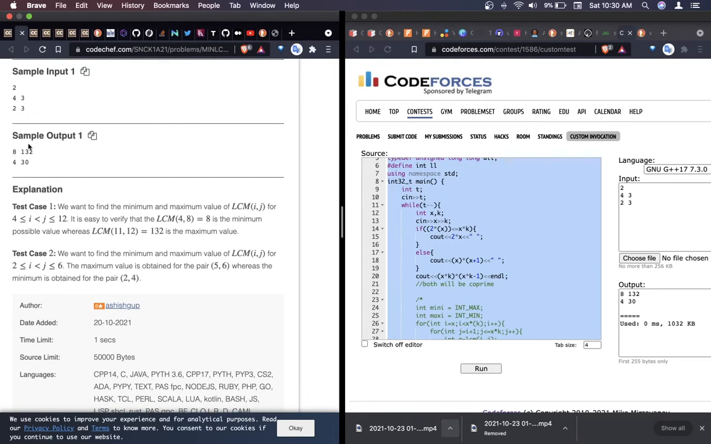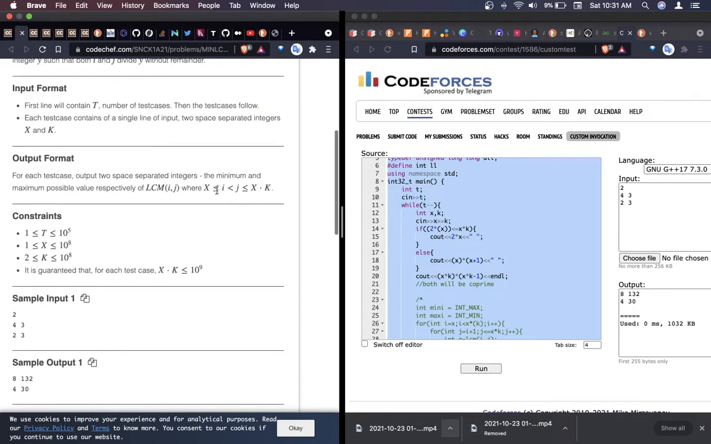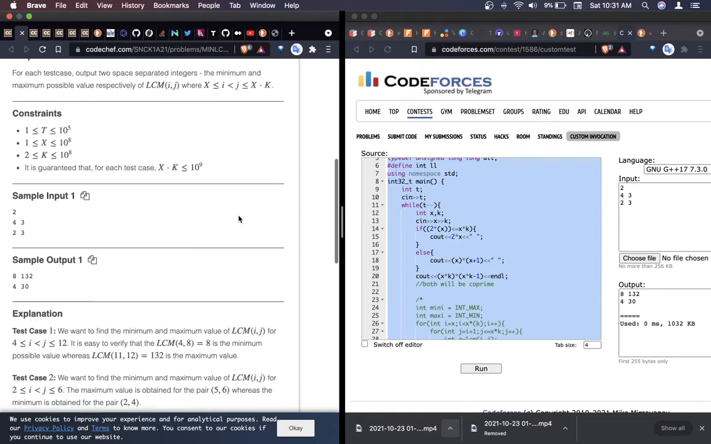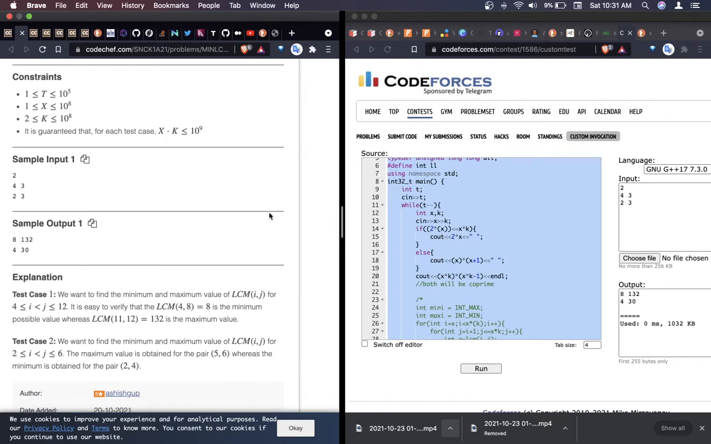So the highest LCM we can have between these numbers x and x into k, of any two numbers between x and x into k, will be x into k and x into k minus 1. That is because, which I have written right here,